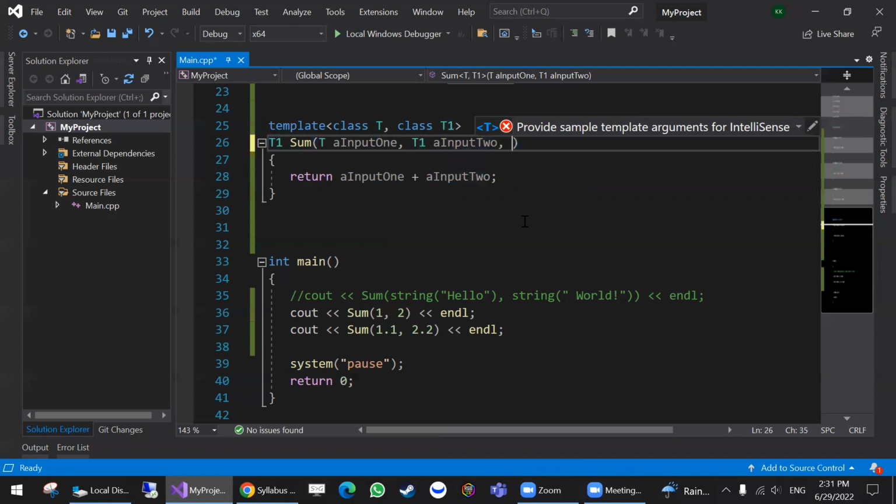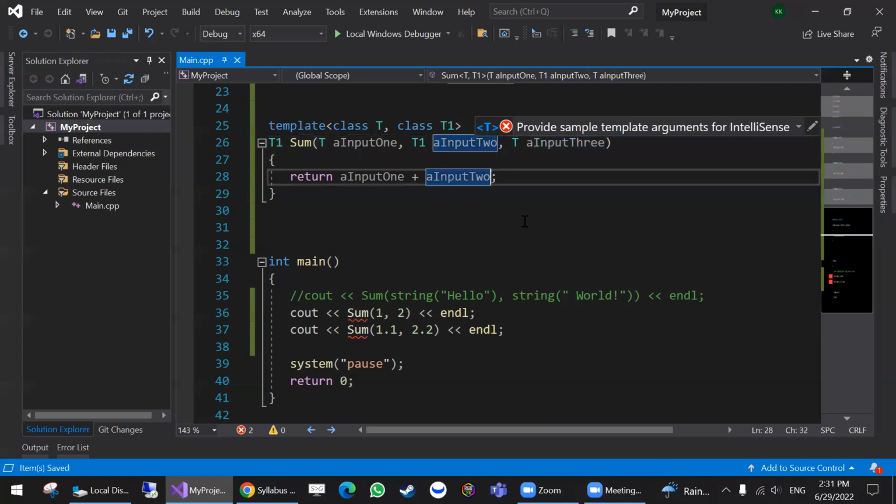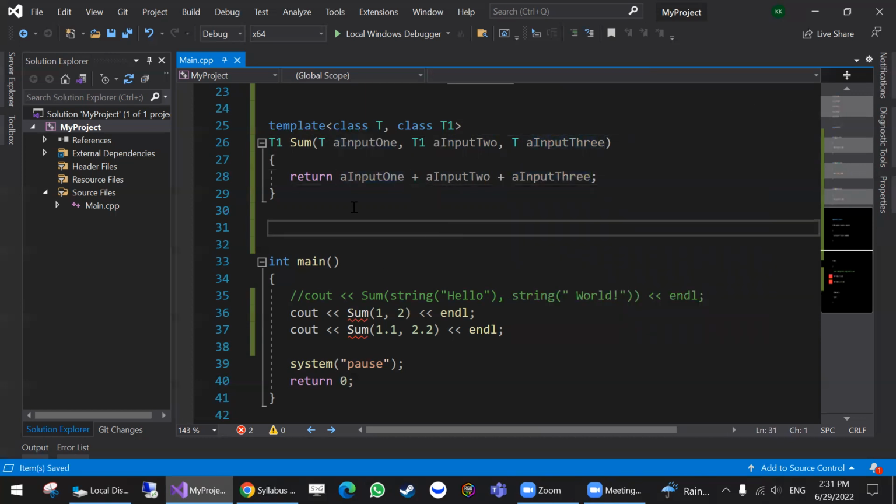I can give it a third parameter. The third parameter is of type T, similar to the first parameter. So A input 3. Now I can say plus A, for example, input 3. So in this example, I'm telling it, hey template,